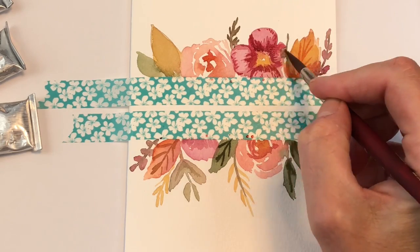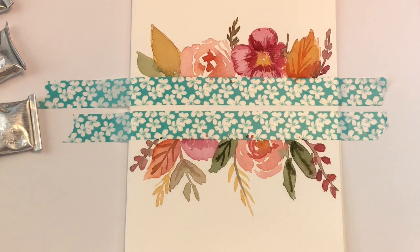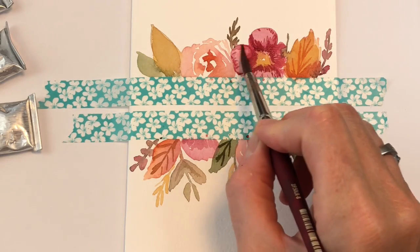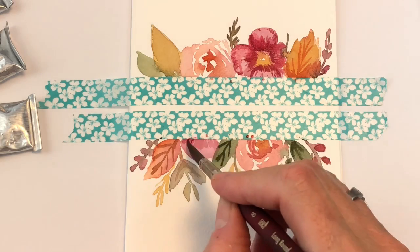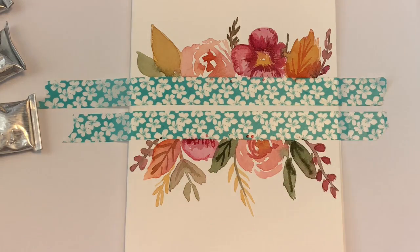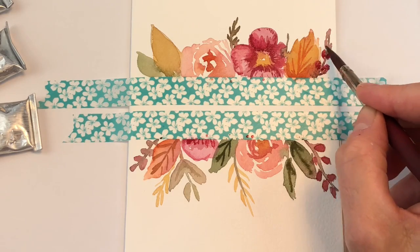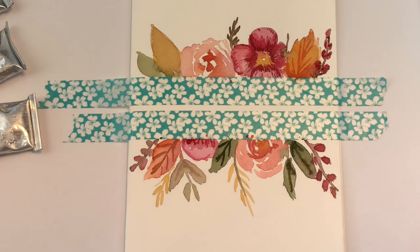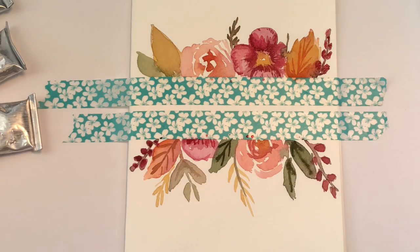And if you want a little darker here, you can just push some color around because it's underneath that leaf. I also might grab a little color and push it around over in here just to give it another dimension. And again, same thing here because it's going to be a burgundy flower in here. And if you want those burgundy stems to be darker again, go back in there because they dried and they got pretty light. So we go and add those, and again